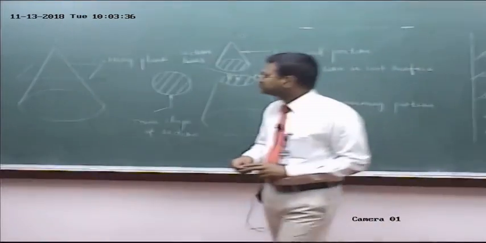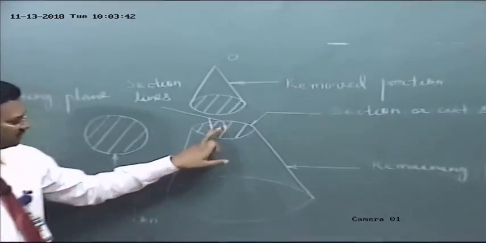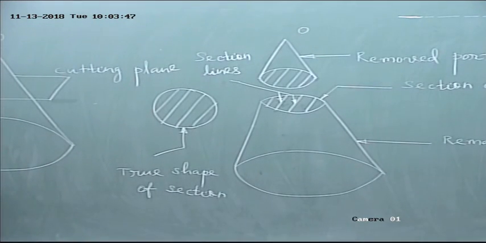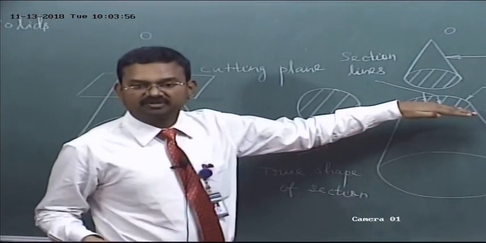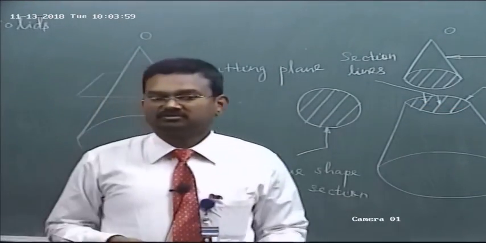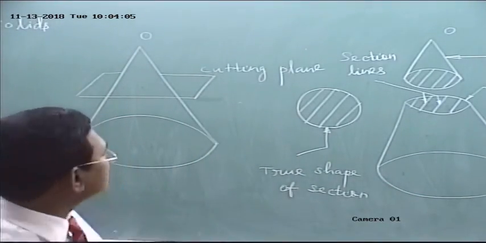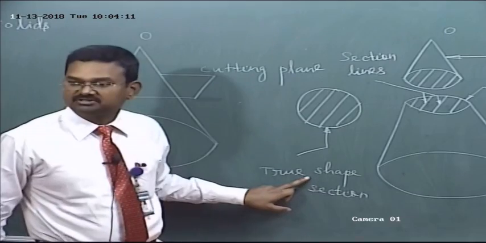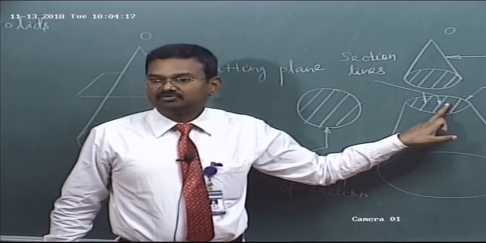Okay. Then true shape of section. Just now I have explained. In this example, in the front view, I have drawn the top cut surface and the base like this. Actually, the base of the cone is in the shape of a circle. The cutting plane here is parallel to the base of the cone. So what about the cut surface? The actual shape of the cut surface is a circle. The actual shape of the cut surface is called true shape of section. I have used the section lines or hatching lines to represent the true shape of section.